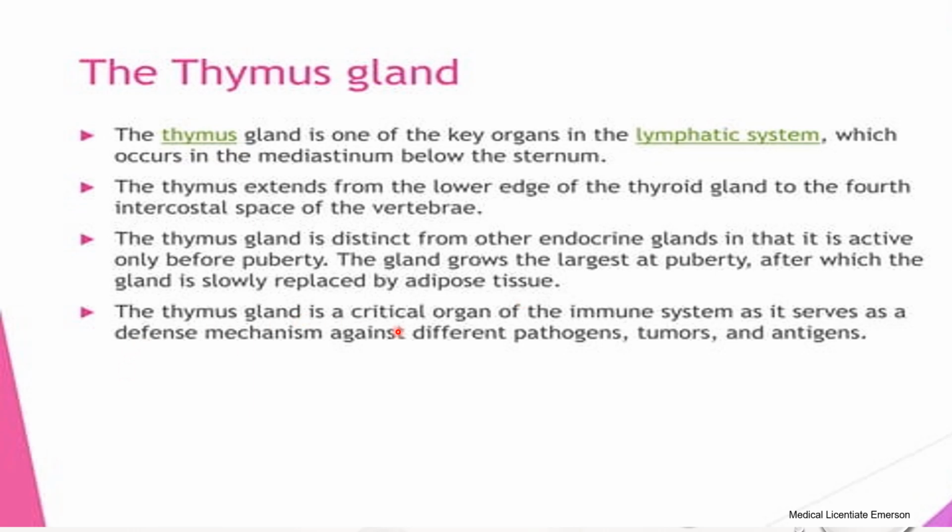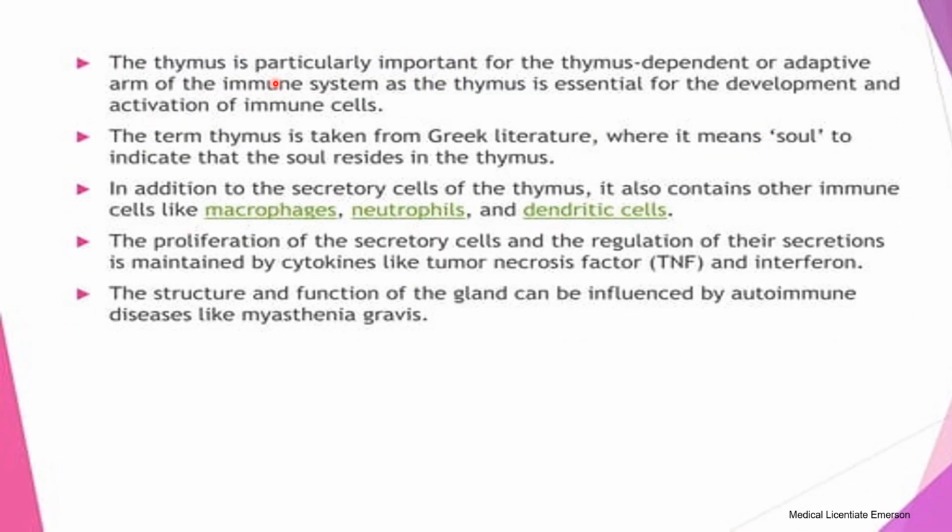Then the thymus gland is a critical organ of the immune system as it serves as a defense mechanism against different pathogens, tumors, and antigens. So the thymus is particularly important for the thymus-dependent or adaptive arm of the immune system, as the thymus is essential for the development and activation of the immune cells. So the term thymus is taken from the Greek literature, where it means soul, to indicate that the soul resides in the thymus. In addition to the secretory cells of the thymus, it